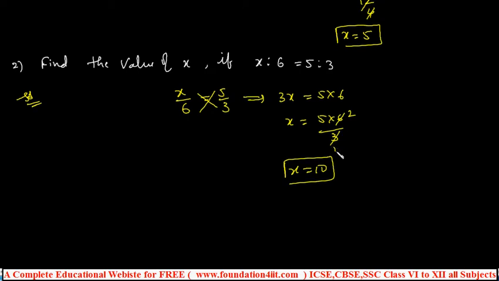Let's see another type of question they ask, some important questions. What number must be added to each of the numbers 7, 16, 43, 79 to make the numbers in proportion? So what number is added to these four to make them in proportion? These are not in proportion now, but what number must be added to make them in proportion?